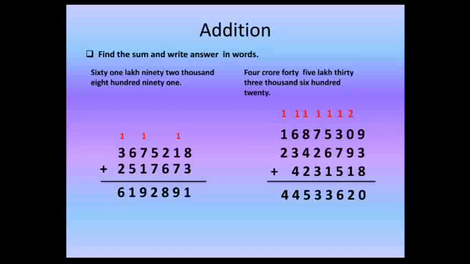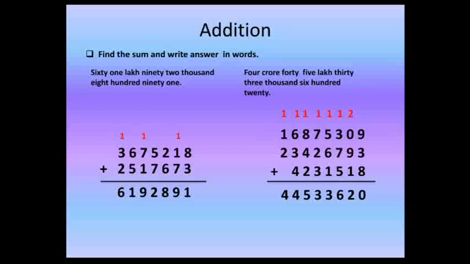Okay, now you can solve the second example also. Try to write. You can take any number of addends, 2 addends, 3 addends, 4 addends, and you can find the sum. Like this, you can add any large number. First write numbers in the column according to their correct places and then add. Start from the ones place and then tens, 100, 1000, and if you get a carry, carry it to the next place.